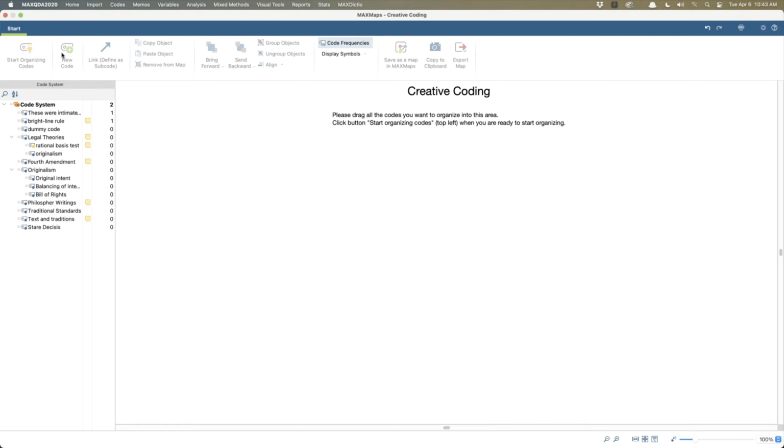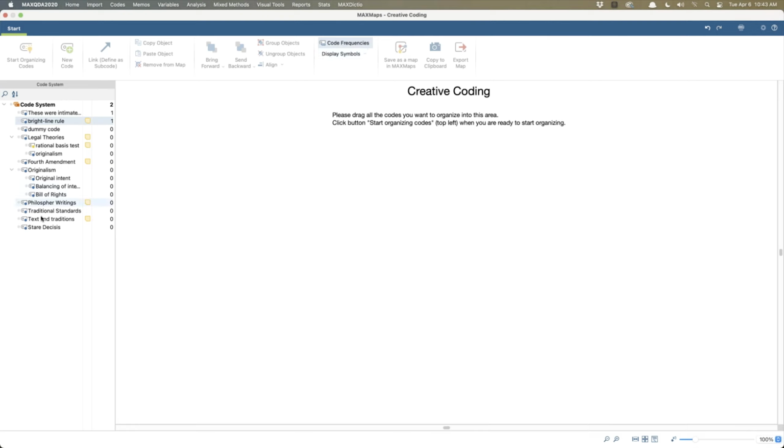And you'll also notice it's all sort of grayed out. The only thing I can view are code frequencies right now, which is none because we haven't really done anything. That's not doing anything interesting.